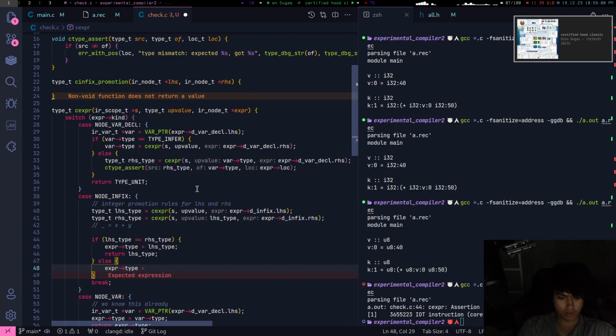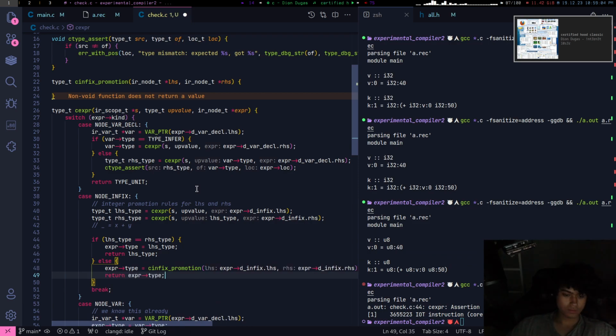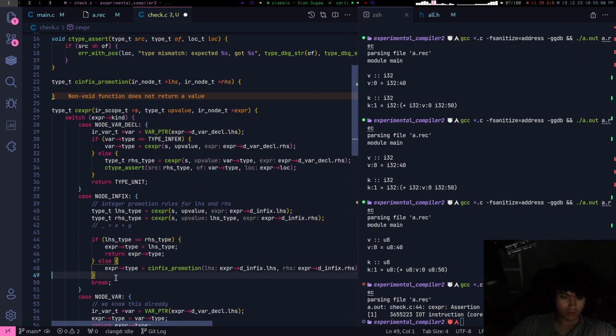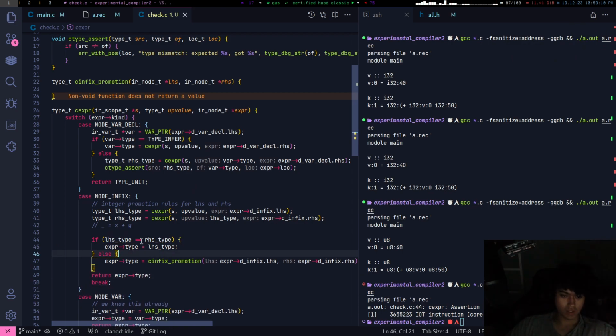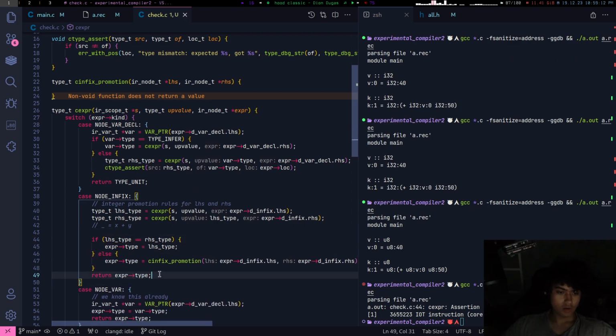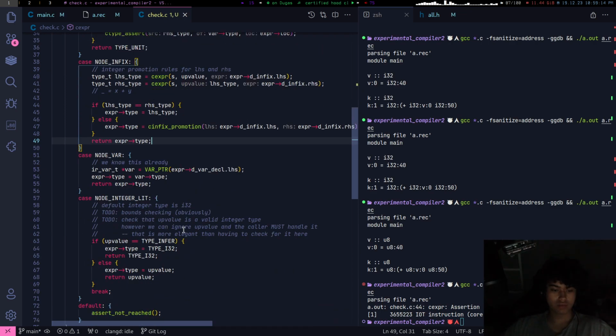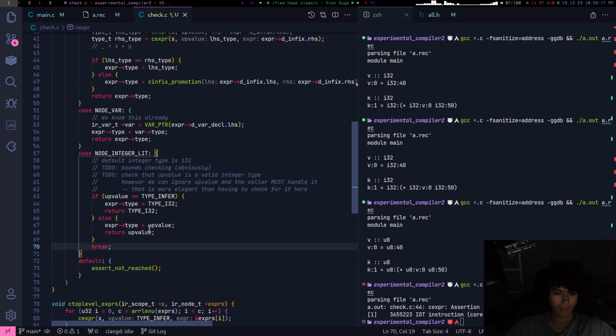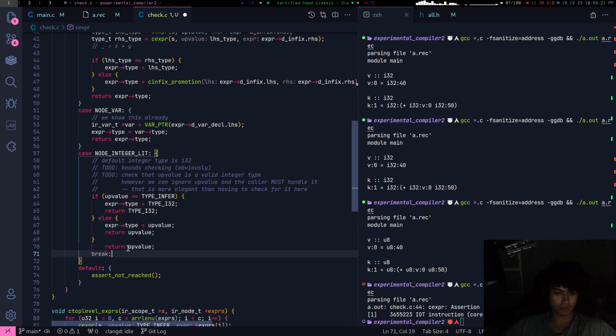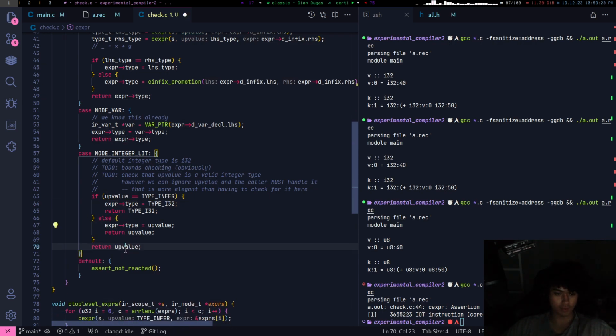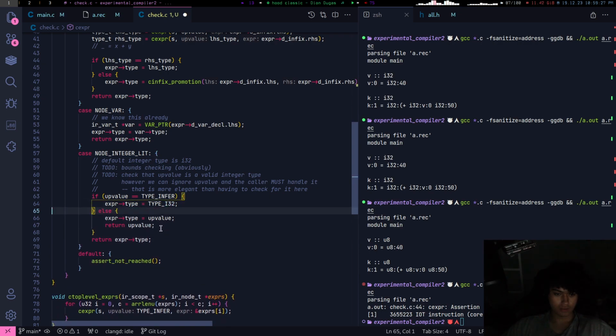Type equals. I'll put this here. That's more unified. So, what else? I can just do return expr.type. This is nicer.